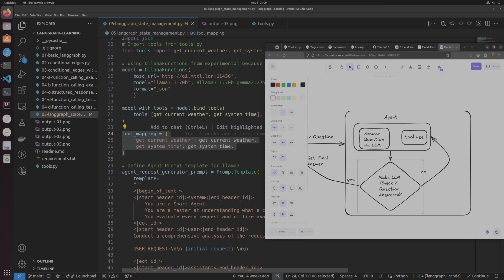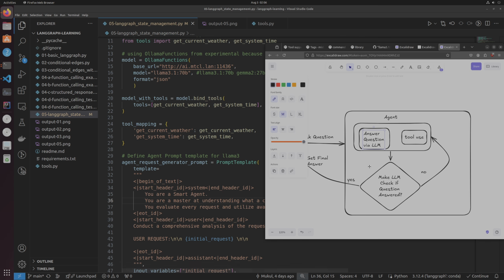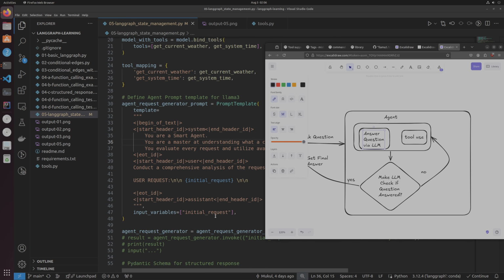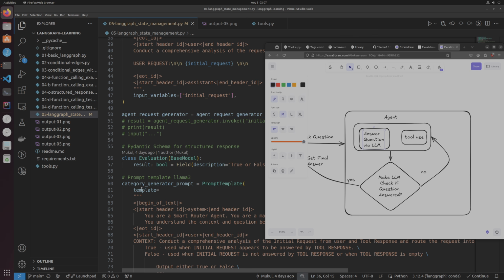We'll be generating two different prompts for this purpose. The top prompt, for generating the answer to the question, is the first one, the agent request generator prompt. And if I scroll down just a little, there is a